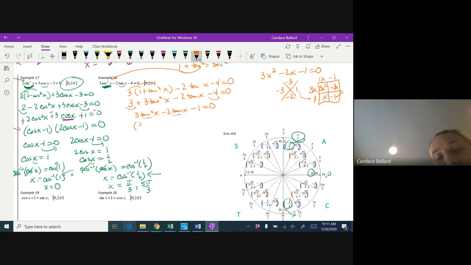So I'm going to substitute my trig in for my x's. So 3 tangent of x plus 1 times tangent of x minus 1 equals 0. And we're going to get out the good old zero product property. So 3 tangent of x plus 1 equals 0, and tangent of x minus 1 equals 0. 3 tangent of x, I'm going to subtract the 1, and then divide by 3. And then over here, I am going to